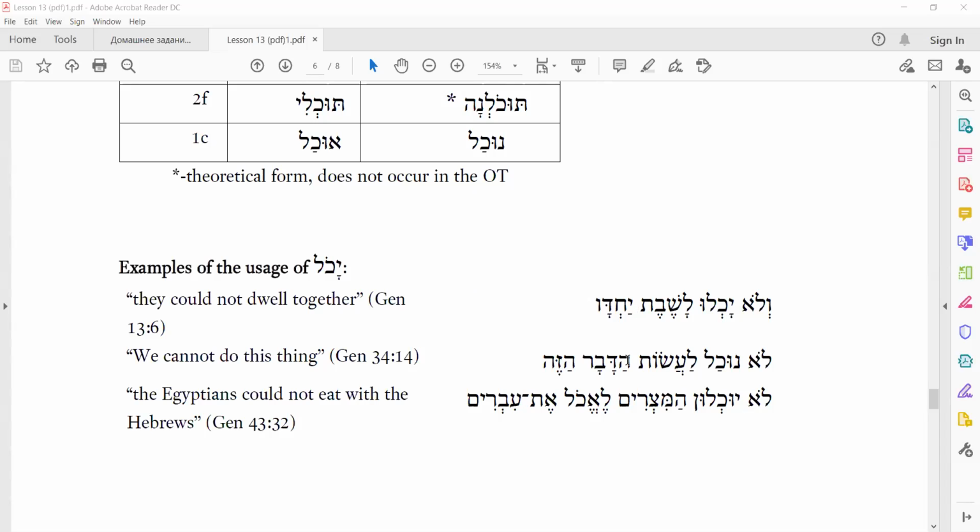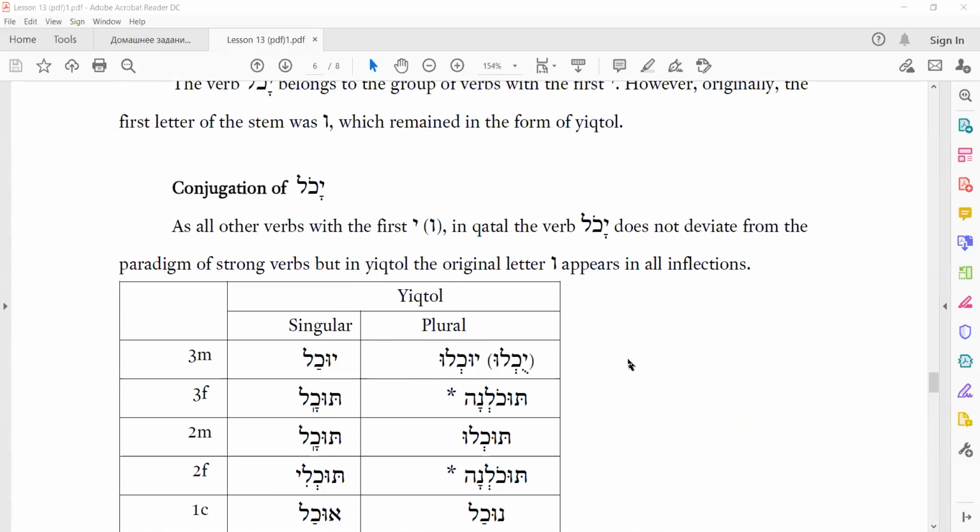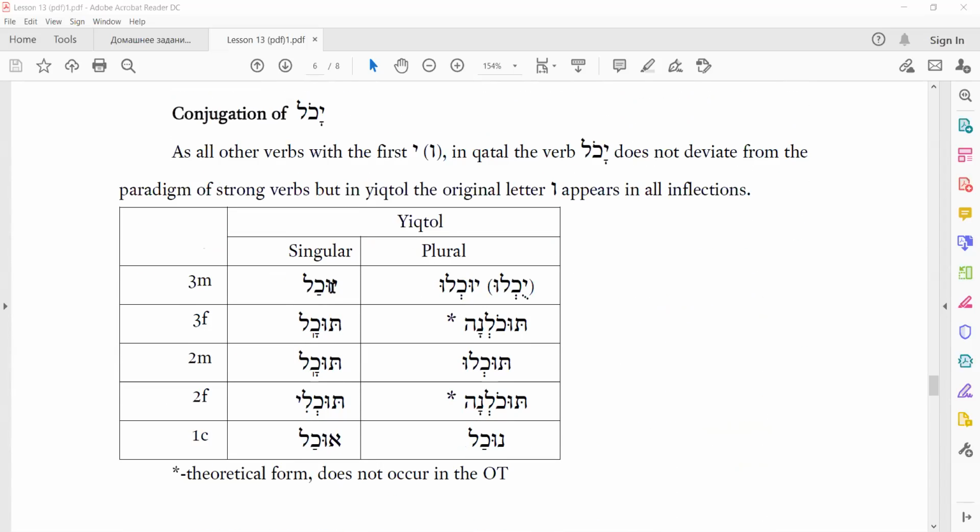Excuse me, Prof. Yes. Can you kindly repeat the explanations you were giving on the table while we were not seeing? Okay. So do you see? Yachol is the verb with the first yud, but originally it was not the first yud, but first vav. And if we look at the qatal conjugation, there are no changes, so it behaves like a strong verb. But in yiqtol conjugation,